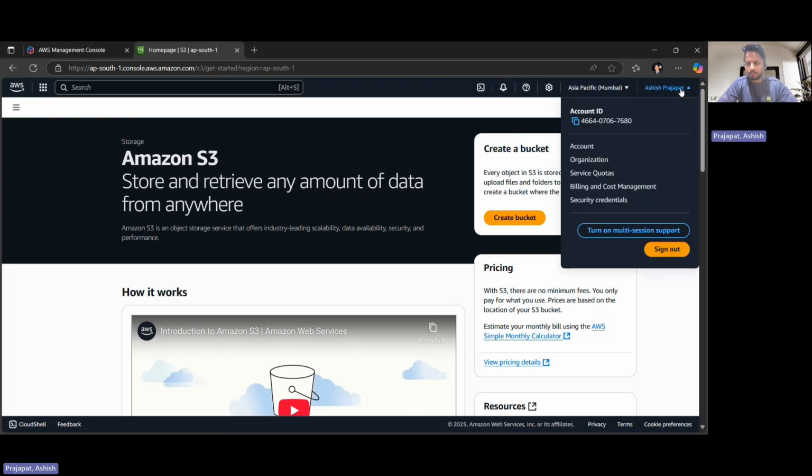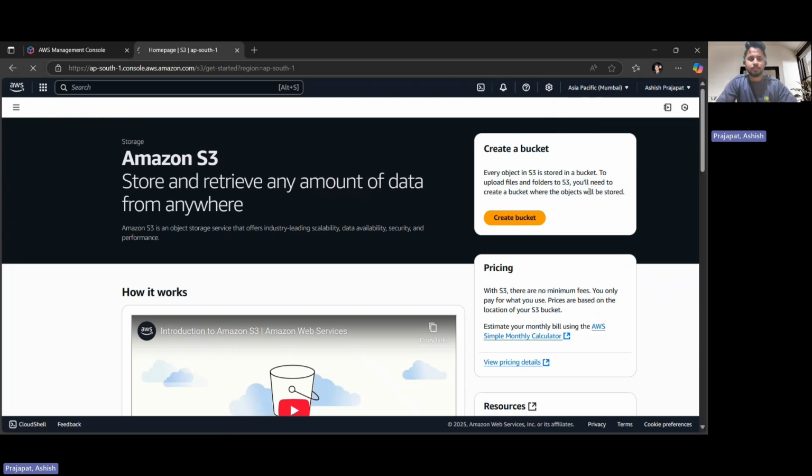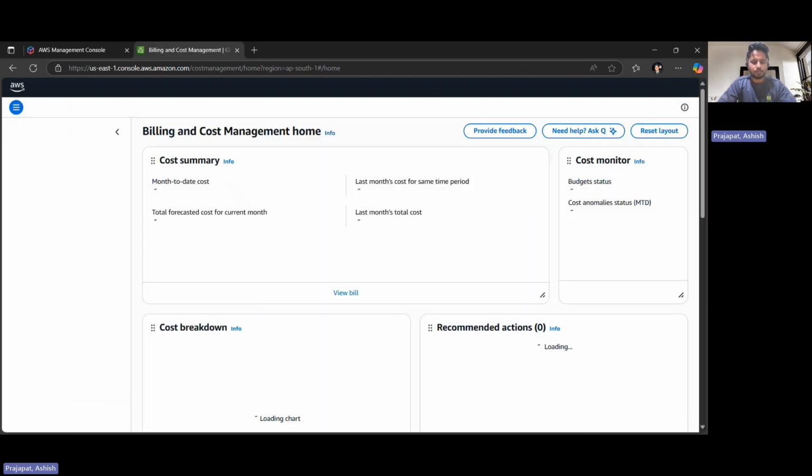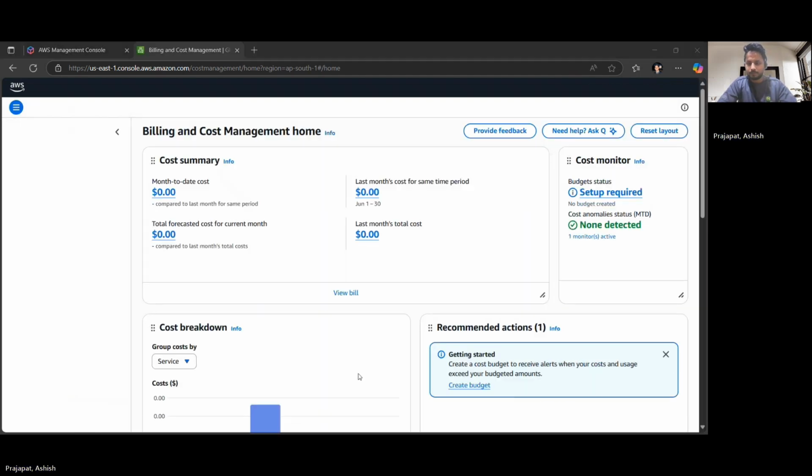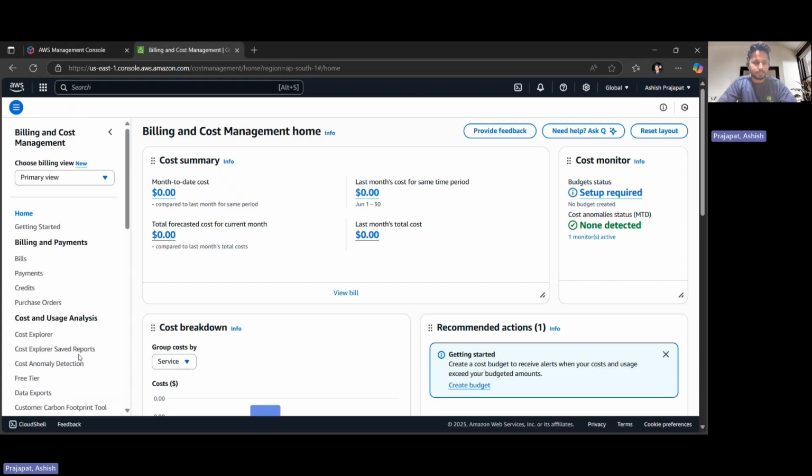Let's quickly look into the billing dashboard. This is how you get there: click on your name and then click on billing and cost management. Here you will see all your billing and everything related to cost, payments, alerts, all those things. Usage status as well,